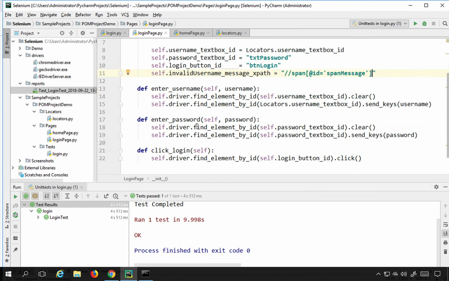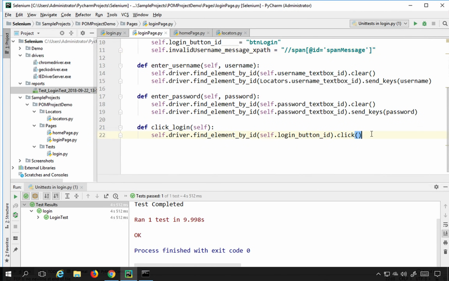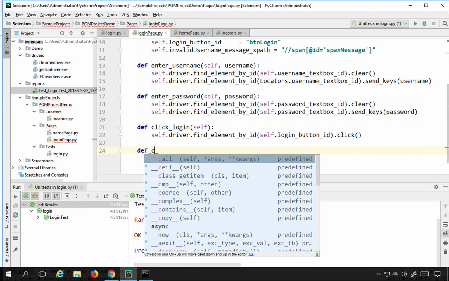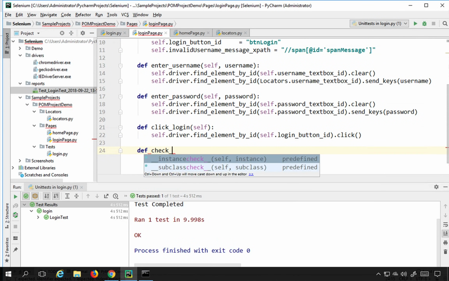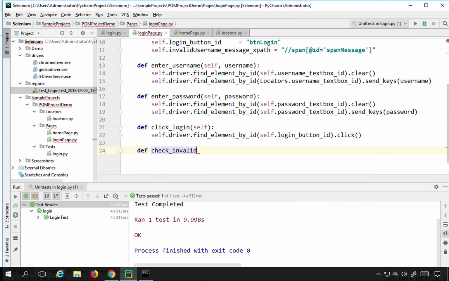And then I have to use a function def check invalid username message. So here I will also get the message as the input,